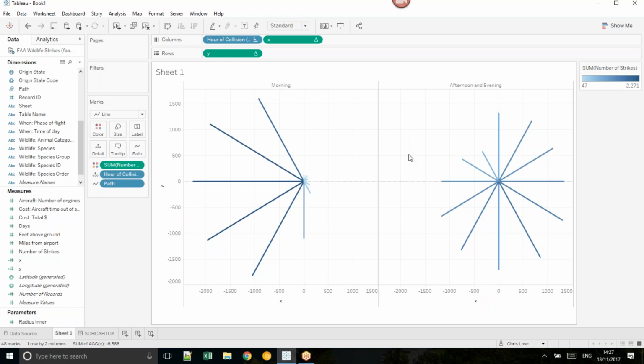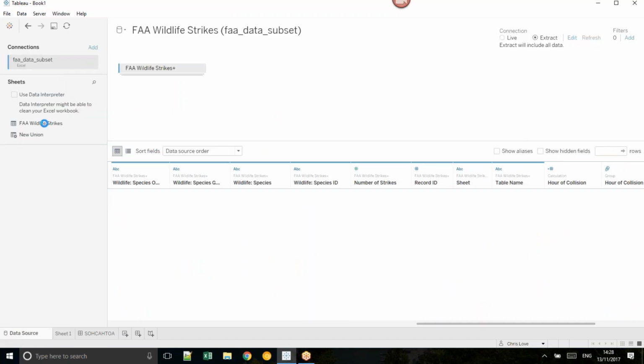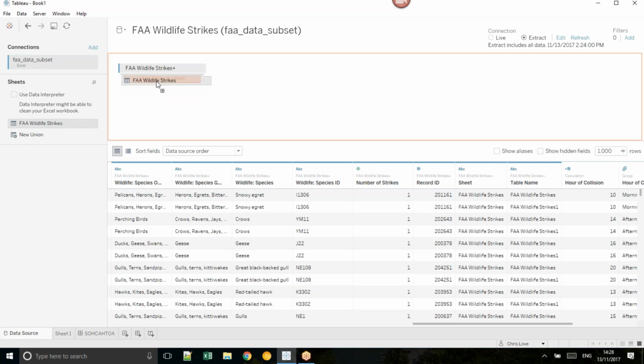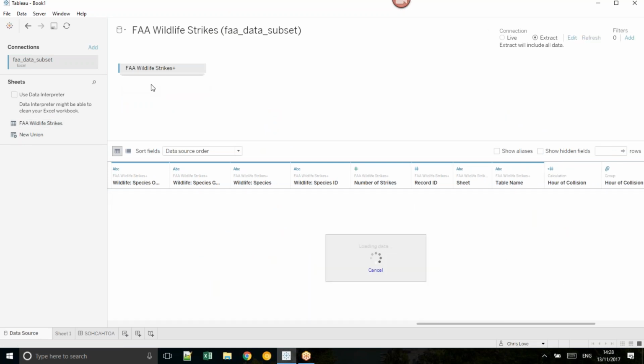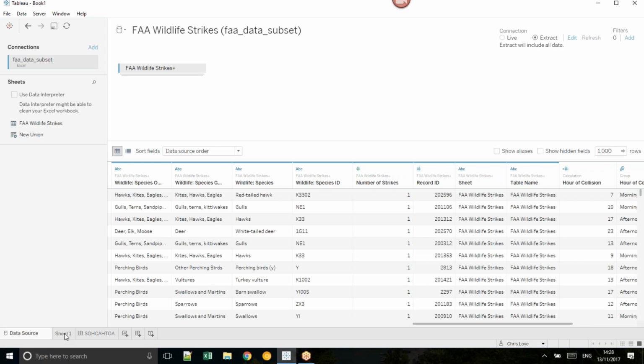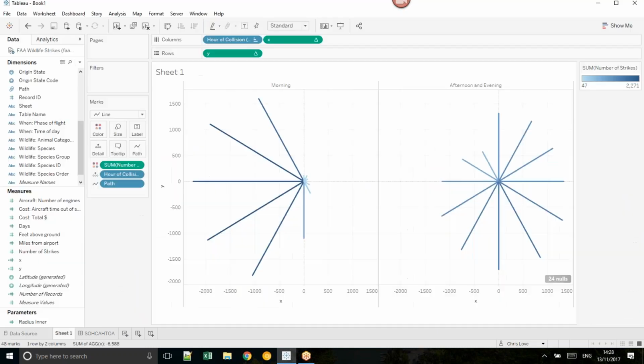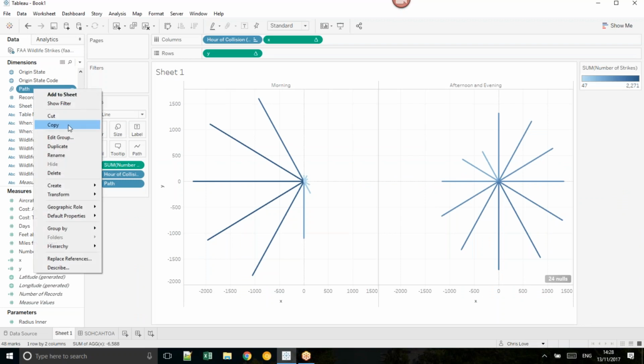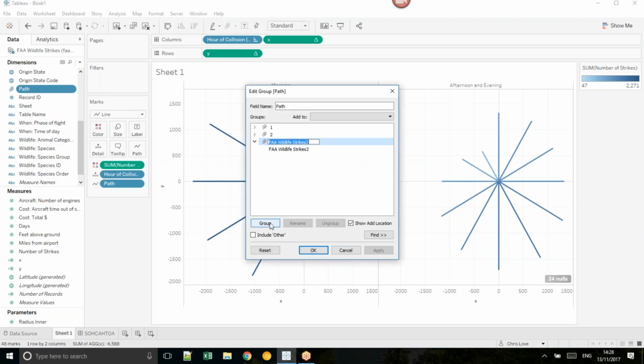In order to create the next bit of the segment, I've already gone up here for 12 o'clock. I want to go down here to draw the next bit of the segment. So let's do that. How do we do that? Well, we edit the data and add more data to pad out our data set, so I've got access to even more data points. Let's go back to my sheet. Now I've added that union, and we should have a third group,